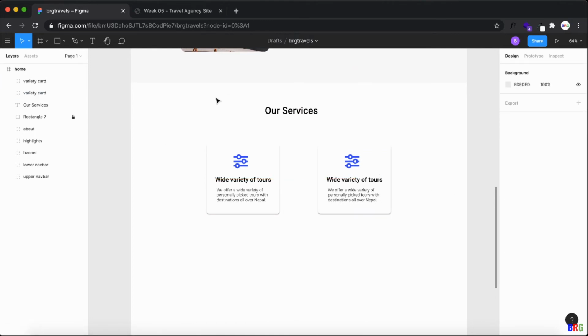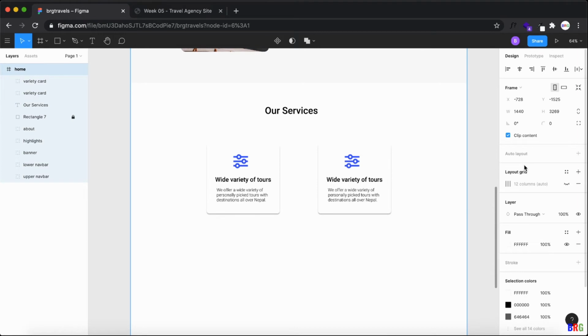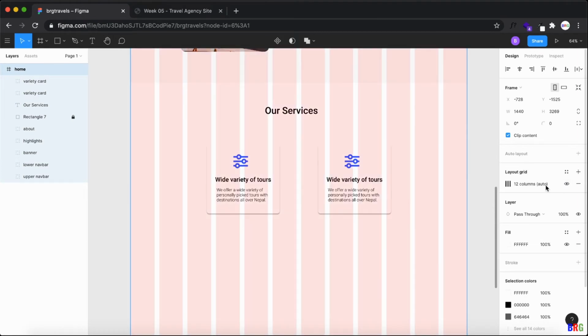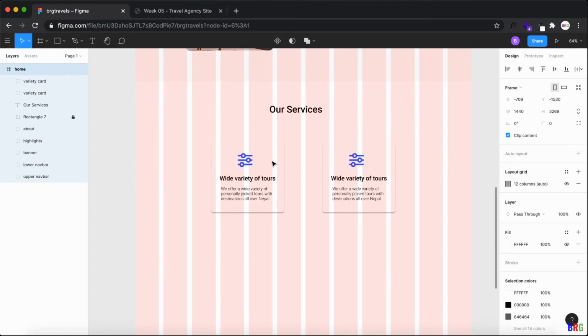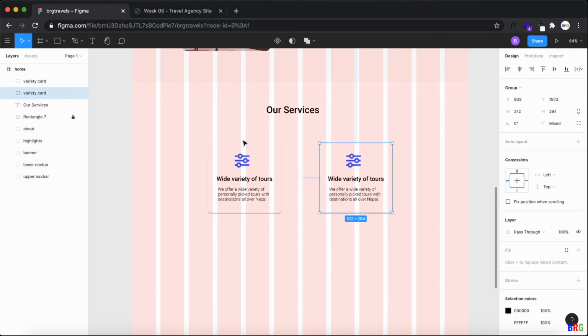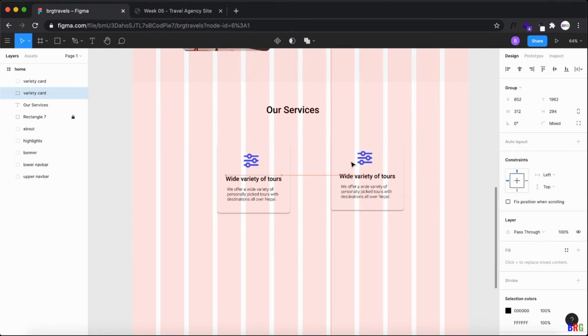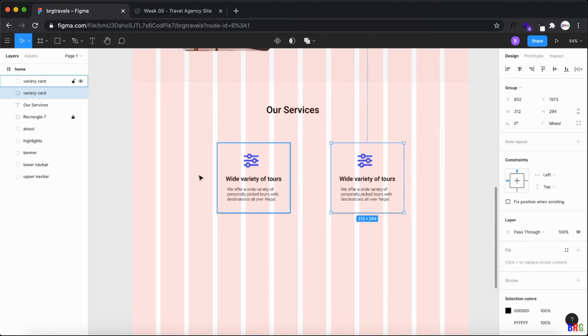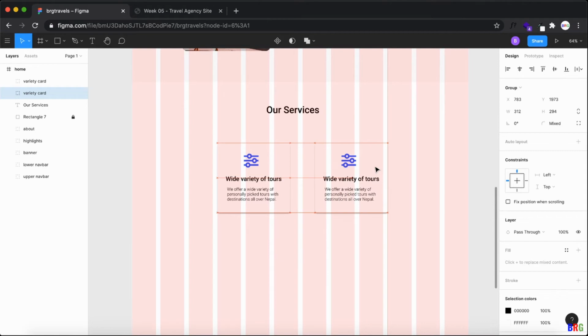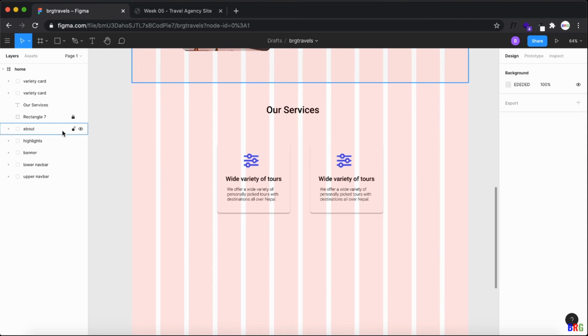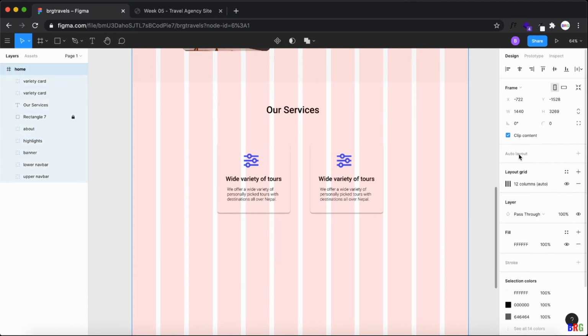To align it properly, you know what you need to do. Basically you need to switch on the column. Now let's start from this way. So basically start of 1 2 3 4th column, and here start of 6, or maybe this gap, 3 columns left, and then this one. Now this way it's properly aligned, and just switch off the grid.